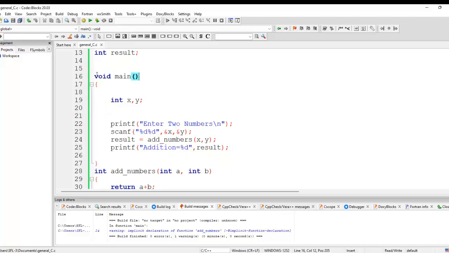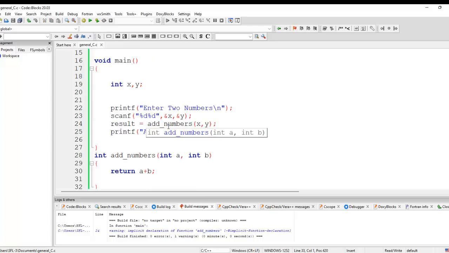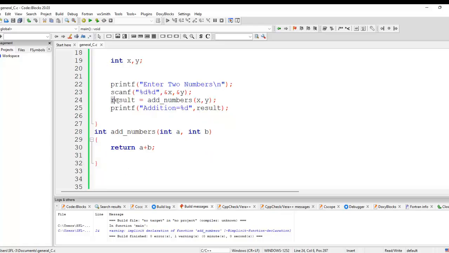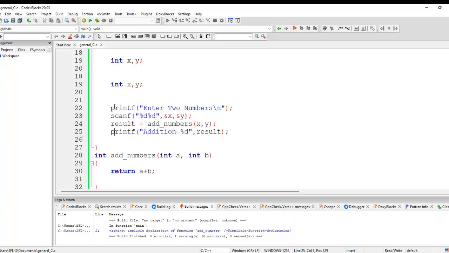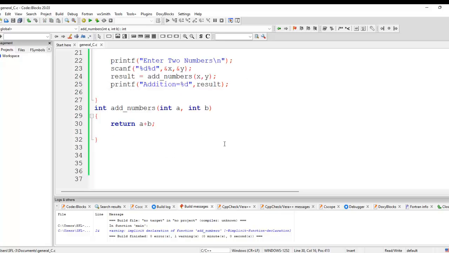Okay. Now next, the heart of our C program, the main function section: living room, entry point, right? And the subprogram section: addNumbers, the kitchen, right? So please remember, you always enter the rooms through the living room that you can see here. We are calling the kitchen from our living room, right? After cooking is done, we are back in our living room. I think this is enough discussion for the general structure of a C program or basic structure of a C program.